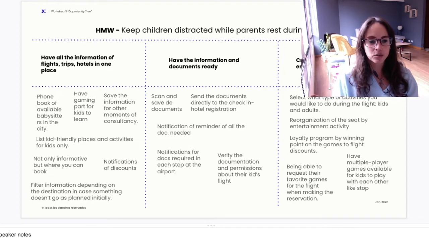This led us to have 3 big opportunities: have all the information of the flights, trips, and hotels in one place; have the information and documents ready; and create a different way of entertainment during flights. These were 3 big opportunities that correspond to the first how might we. Then we did